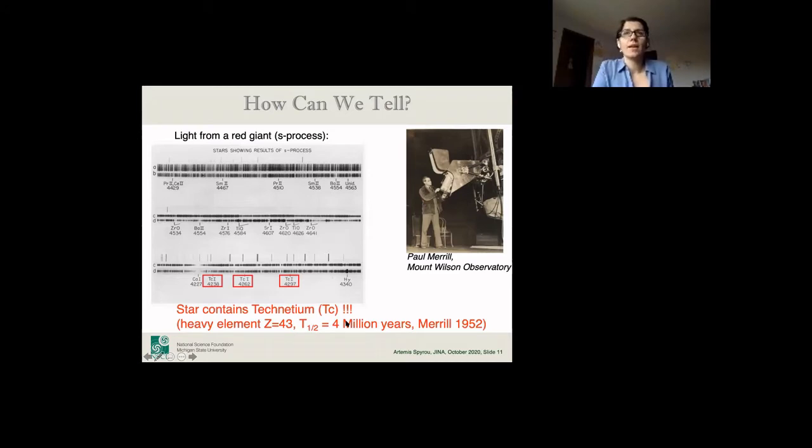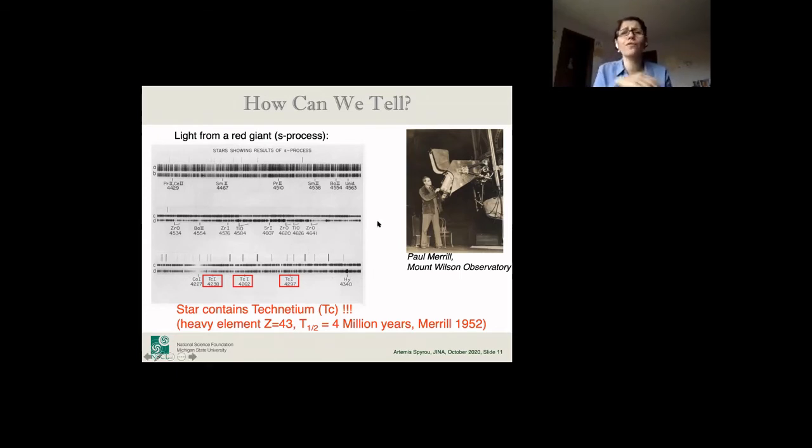Then if you see it there, immediately you think your measurement is wrong. I'm sure that was the first thought. But once you convince yourself your measurement is right, then either the technetium half-life is wrong, or the star itself is making technetium. And that's actually the case. The star itself was making the technetium that Paul Merrill was observing at the time. And this was kind of the first proof that the elements, at least these heavier elements, were made inside stars.